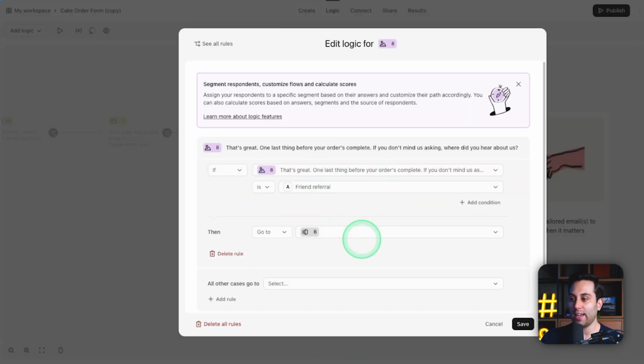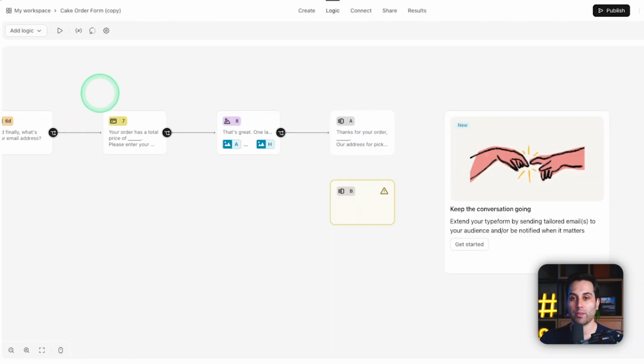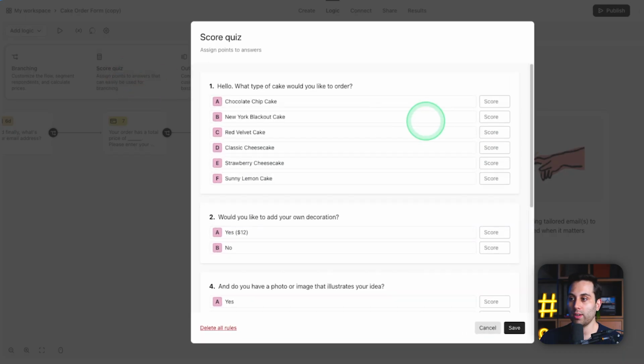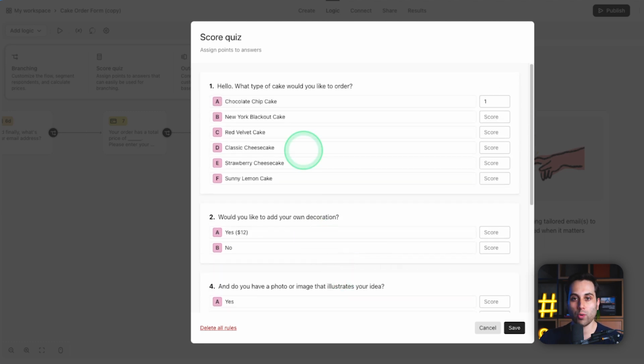And then you can create the entire logic to make that work. We also have some extra features here. Under logic, we can add scores. So let's say a person is answering this form and you want to create a quiz. You can assign a specific value to a specific choice. And based on all the answers here, we will have a final score that we can show on the screen